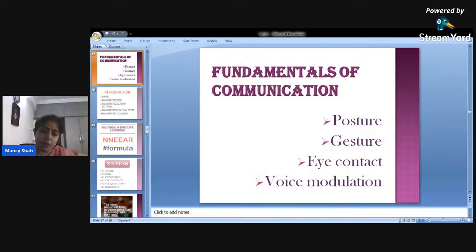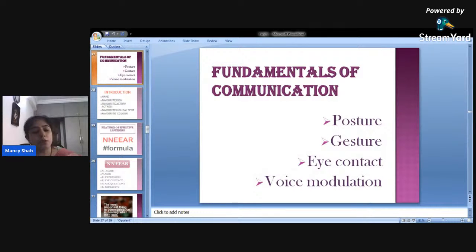So give a good posture, give good gestures, grab your audience's attention, keep holding it by giving good gestures. Okay, eye contact, do not miss out on that. It plays a very important role. You might not realize it now, but after this session, do try practicing it. Whom you're talking to, make it a point that you look at that person and ask that person also to look at you. You'll see the difference, I'm telling you this.